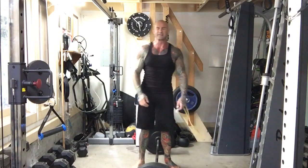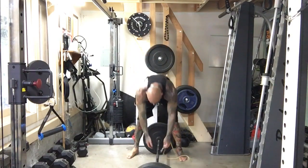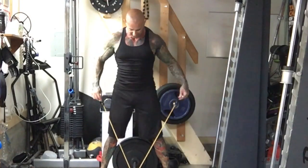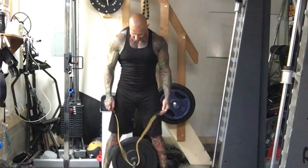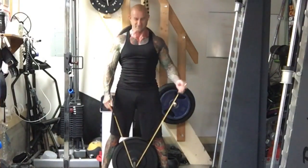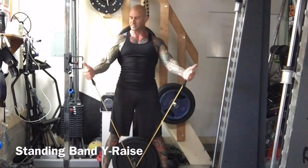I put a barbell down typically with 45s on it, and then I just wrap the middle of the bands around the bar. And I'll typically stand at one end here with the 45 plate between my legs. That way I can prevent the bar from rolling around. So you want to make sure the band's fairly even on each side. You're going to grab it here. Keep your thumbs up,